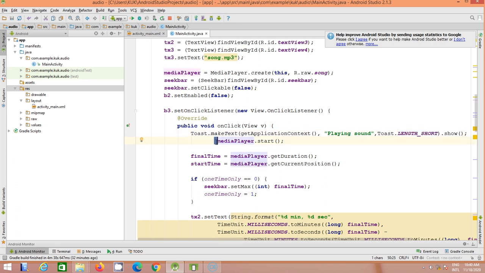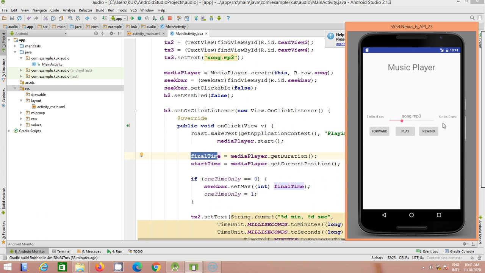And we want to start the media player, so mediaPlayer.start. When we start the song the first time, it sets the start time and final time. Final time displays the total duration. So finalTime equals mediaPlayer.getDuration, which displays the total time of the media file.